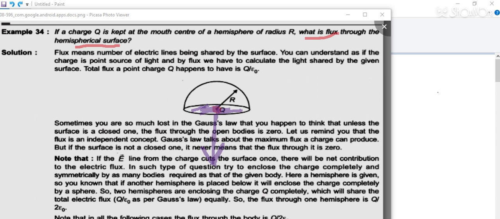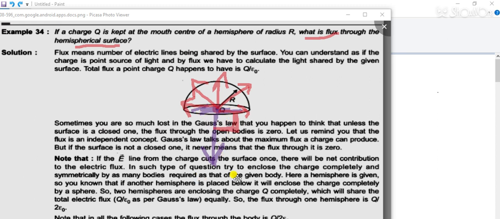If I see the electric field lines, then they should be in this direction, in this direction, in this direction, as well as in this direction. So electric field lines should be like this. So the first way is to understand it with this angle. This angle is 90, so no electric field lines will come downward.